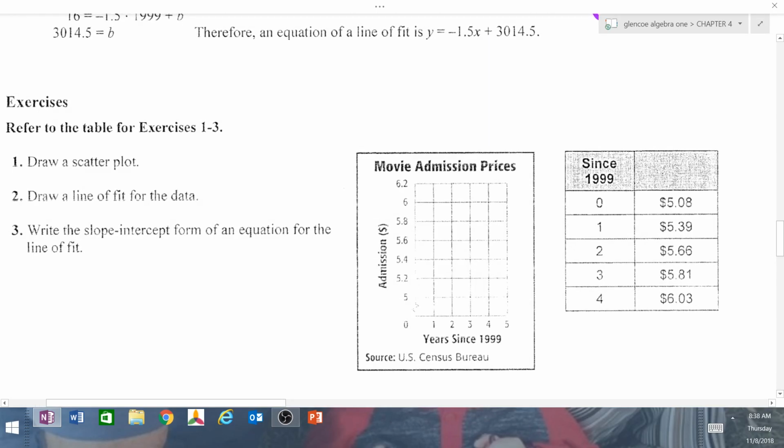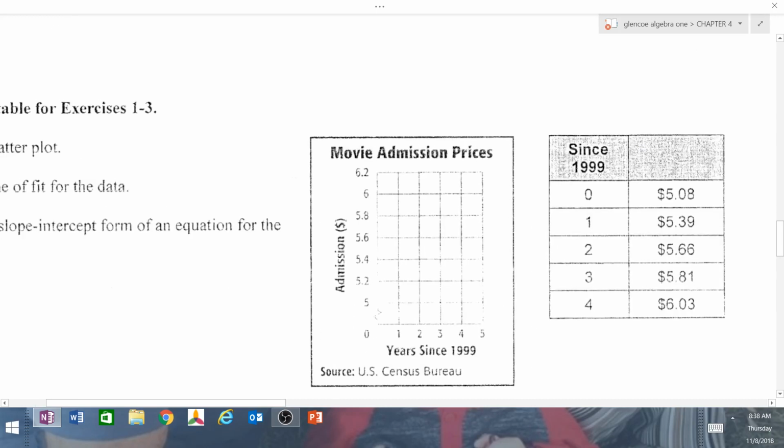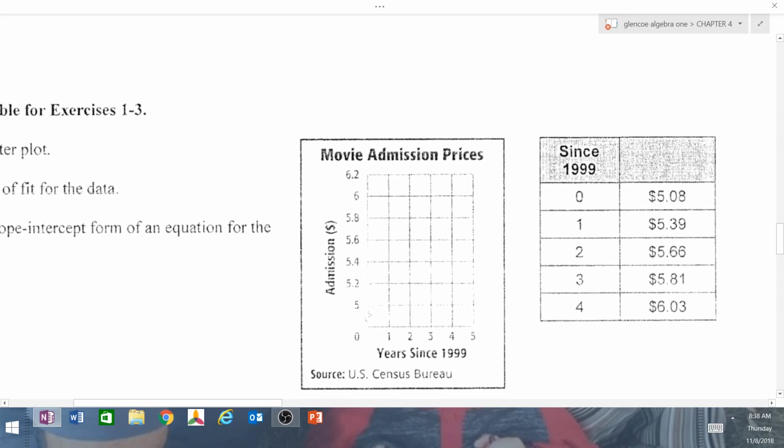So here's our table. I'm trying to see what this is supposed to say. This is supposed to say admission prices. Sorry, I don't think it copied on yours? No. Okay, admission prices in dollars. Okay, and we're talking about the movies. So, since 1999, admission prices